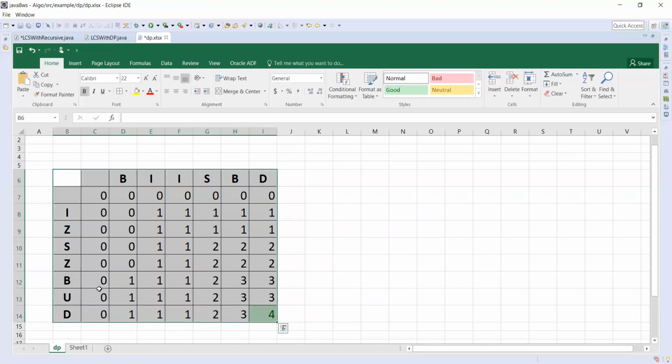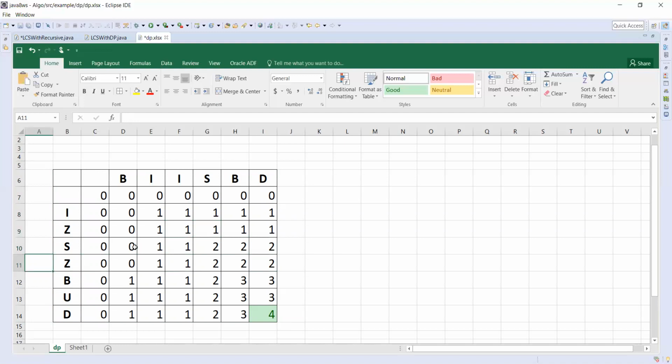So we are in here. S and I don't match, so 1 1 1. When S and S match, we need to take the value from here and add 1, that is 2. When you come here, the maximum value already calculated is 2. The maximum of this one and this one is 2 2 2.